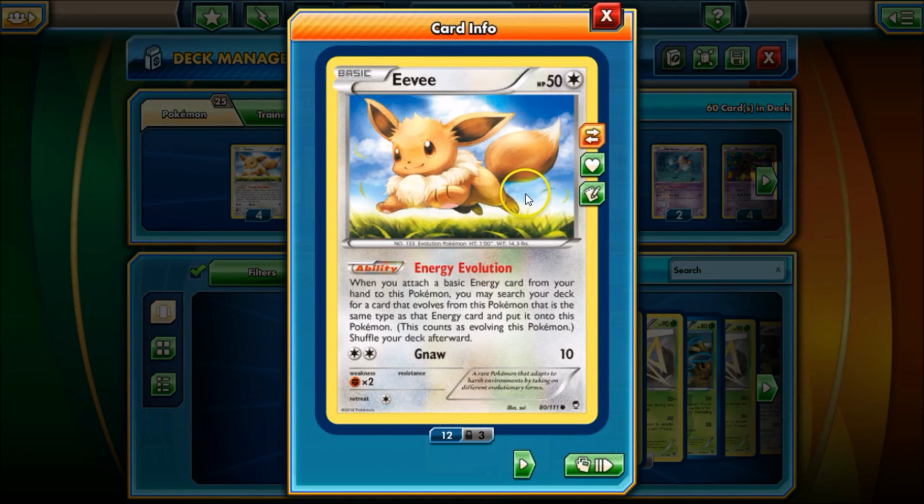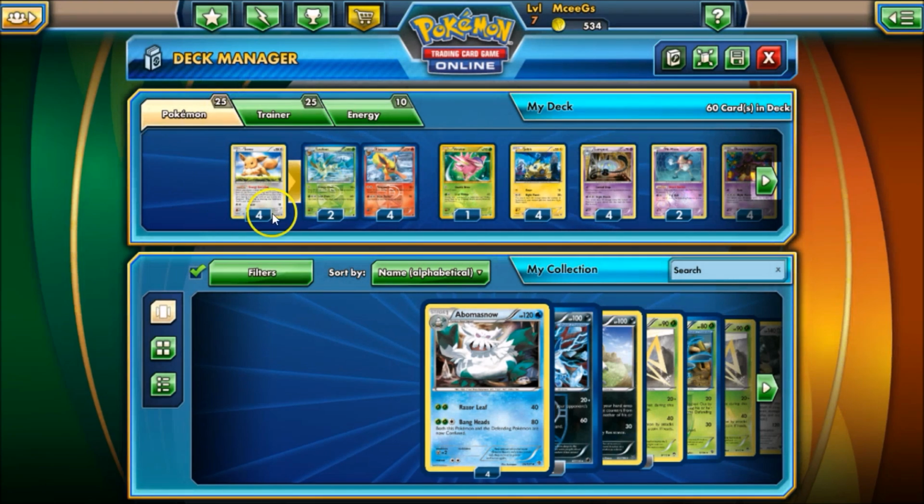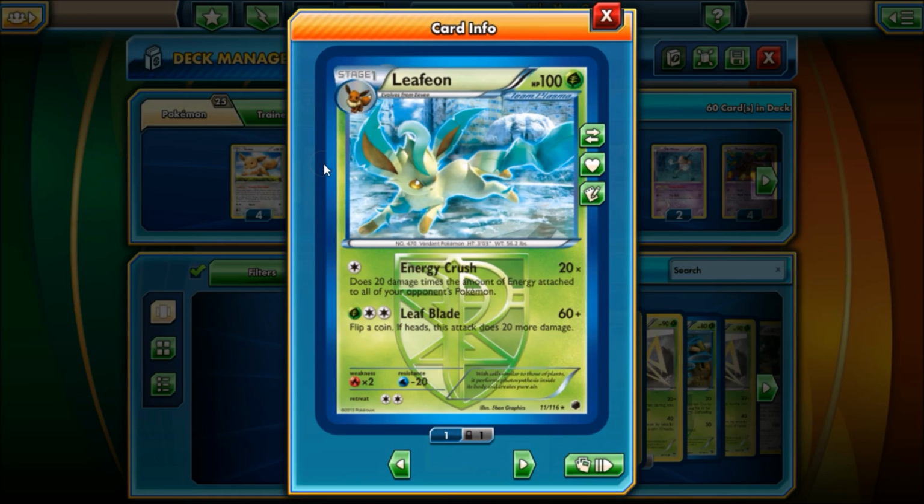We of course have 4 Eevee to help us out with that, and I did choose the Fighting Fist version, which has Energy Evolution, which allows you to evolve it instantly as soon as you put that correct energy type on there. However, that ability is for our tech, which is Leafeon. Yes, we included a couple Leafeon in here just to go against those water decks that are weak to grass, such as the Seismitoad. 100 HP is not too bad, and of course if you got that,